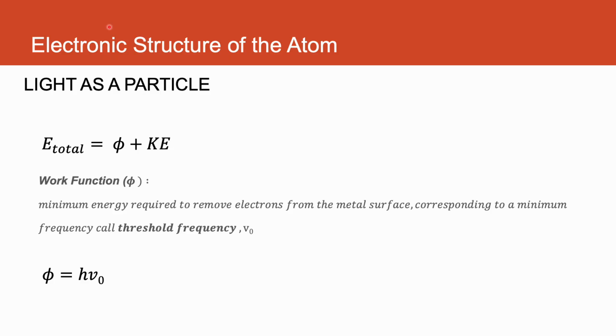Okay. So the minimum energy or work function has also a corresponding minimum frequency. So every work function of your metal has a corresponding threshold frequency multiplied by the Planck constant. Okay. So if may sobrang energy from your photon of light, it will be transformed